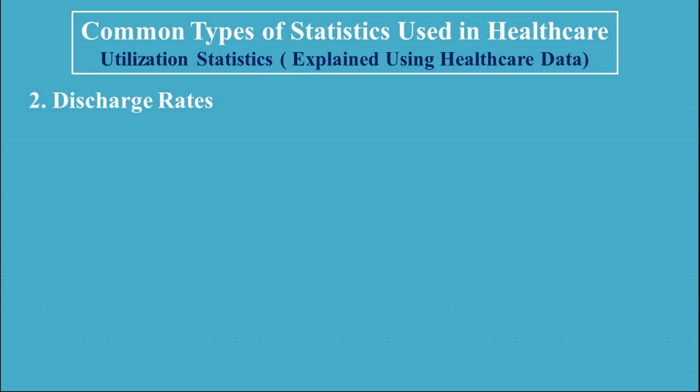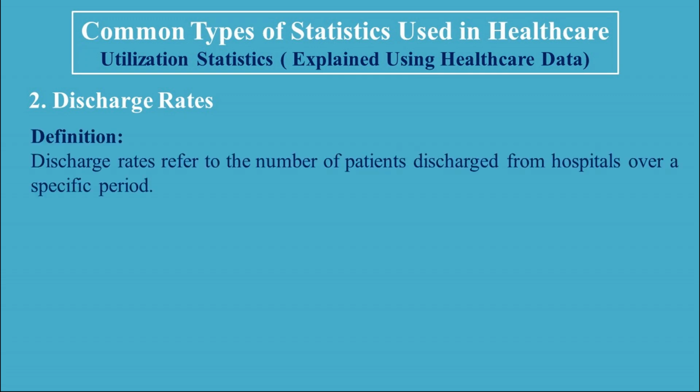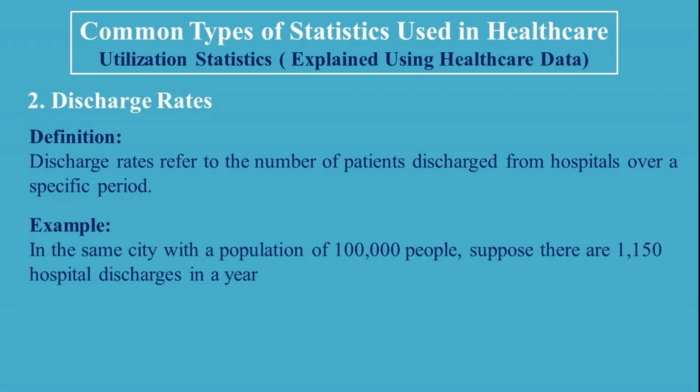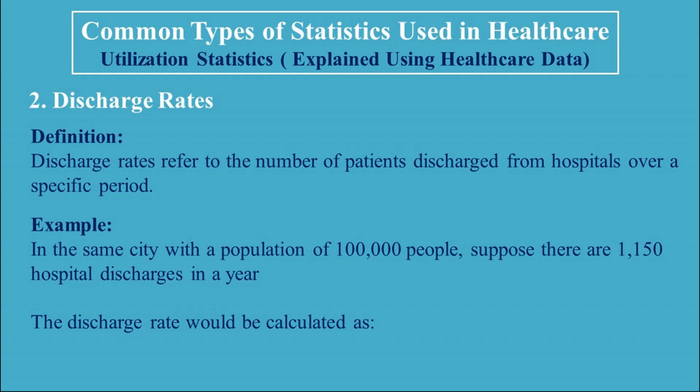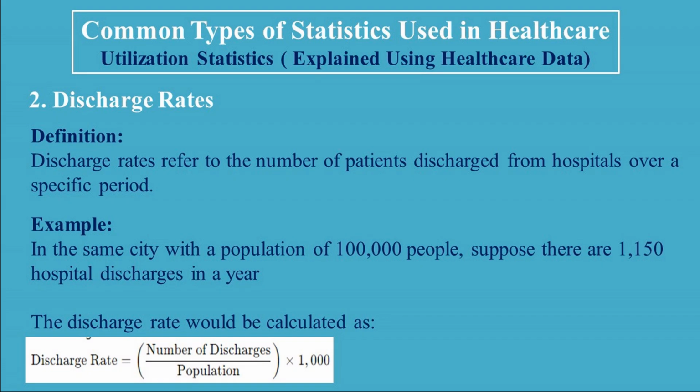2. Discharge rates. Definition: Discharge rates refer to the number of patients discharged from hospitals over a specific period. Example: In the same city with a population of 100,000 people, suppose there are 1,150 hospital discharges in a year. The discharge rate would be calculated as discharge rate is equal to the number of discharges divided by the population,